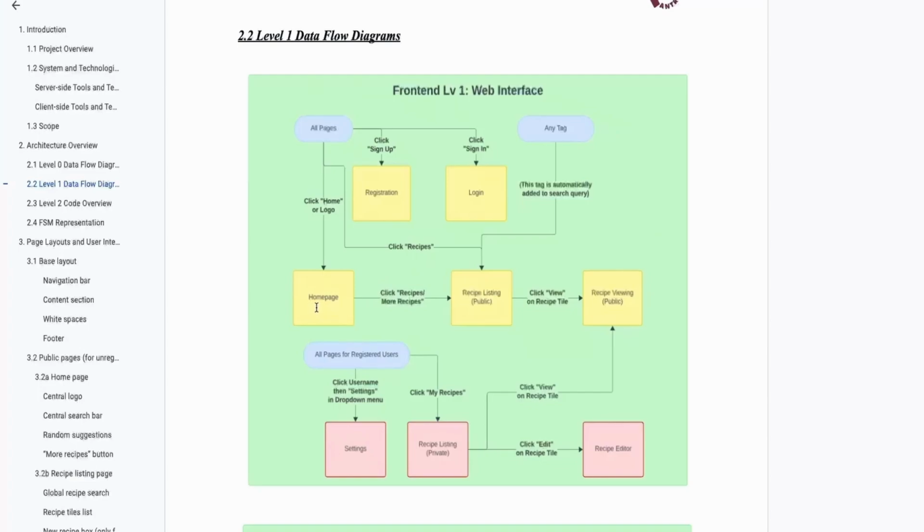You can see from the titles of these tiles the intended titles for some of the pages for our web interface here. And we've noted public versus private and used colors as well to help denote which pages will be inaccessible from a public view. Going deeper into our web interface,